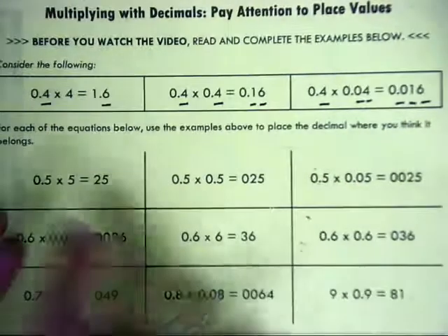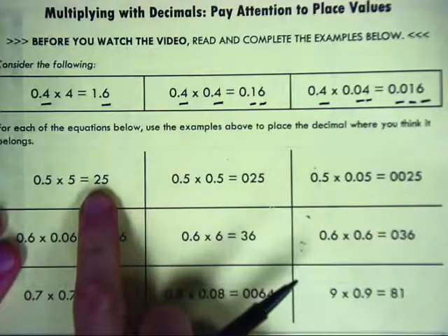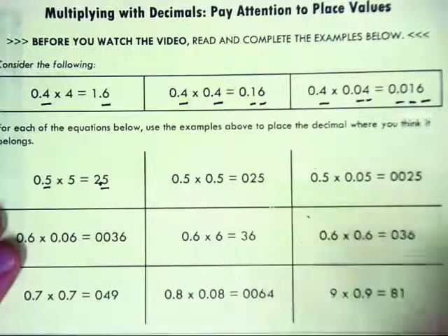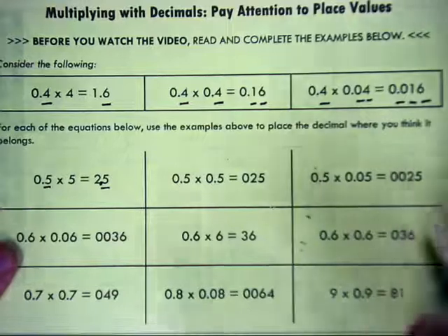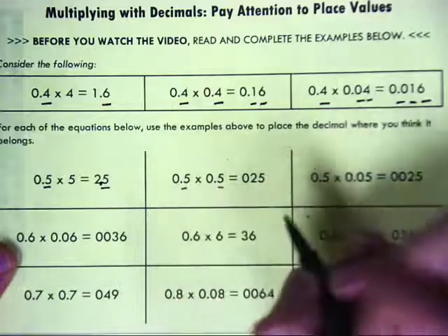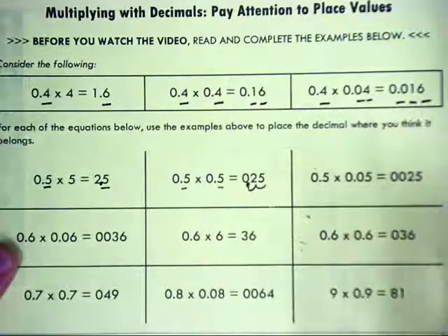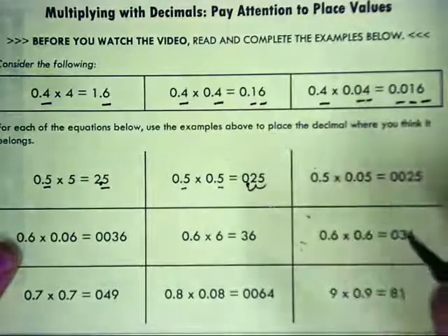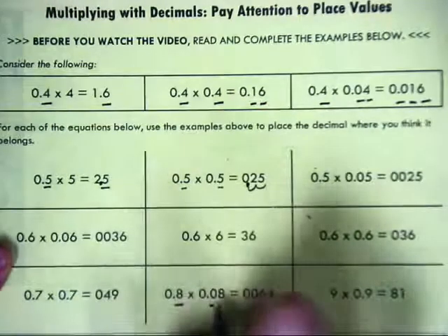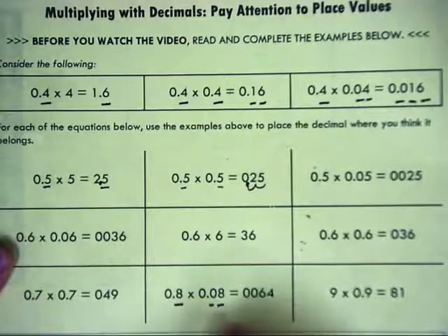So when you look here at your answers, what's really nice is you see 5 times 5, it's 25. If you have tenths, that means your answer is just going to have tenths. Another way you might see this, I think some elementary teachers probably covered this already, but if I do tenths and tenths, so that's 2 place values, my answer should have 2 place values. I know that's a very Miss Nixon thing to do, just moving the decimal 2 times. If you look somewhere else, like here, 8 tenths times 8 hundredths, so tenths times hundredths should give us